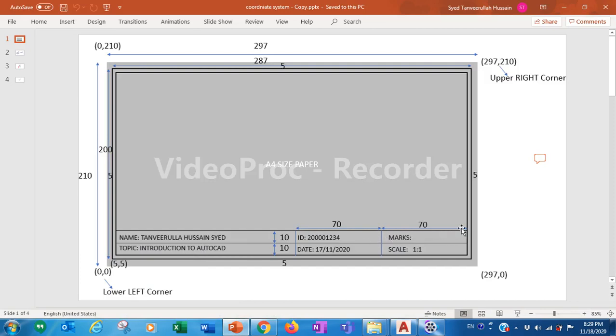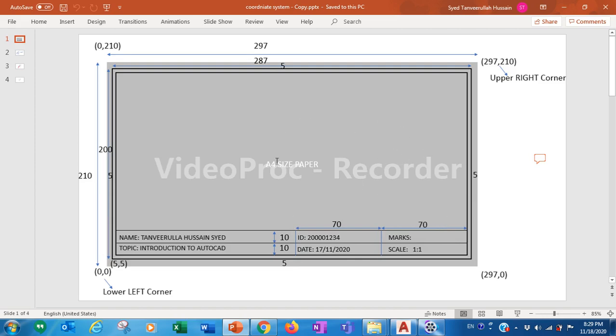Again, what is remaining here? At a distance of 70 from this right side towards the left, I have to draw a vertical line. Again from this line at a distance of 70 towards the left, I need to draw one more vertical line. So simply I can use the offset command to create two vertical lines.